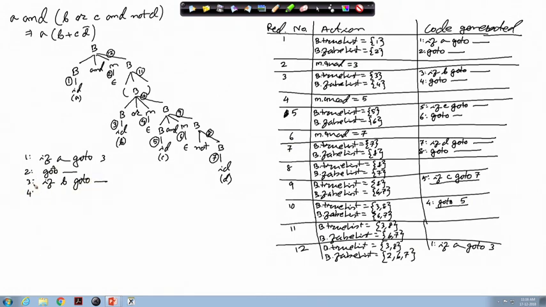At 4 it is go to 5. At 5 it is if C go to 7. At 8 we have, at 6 we have go to.